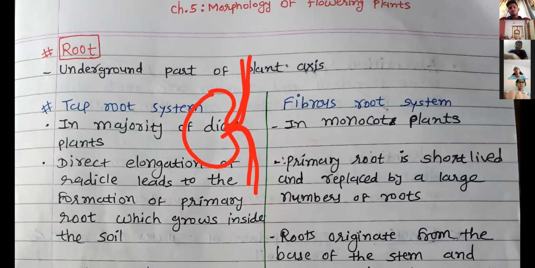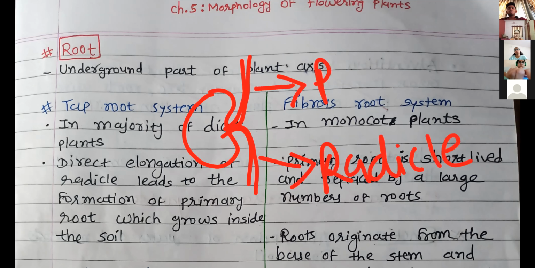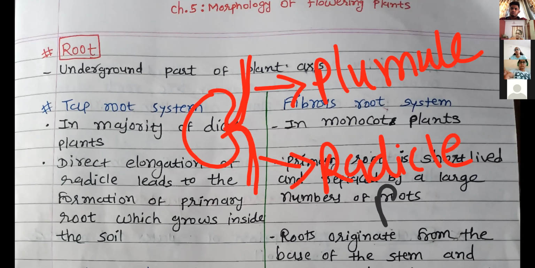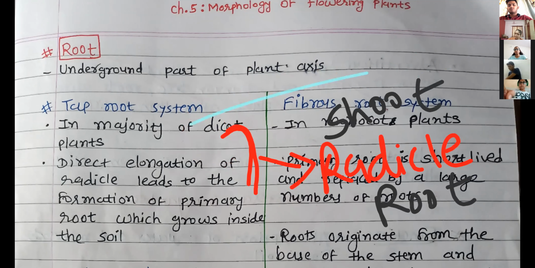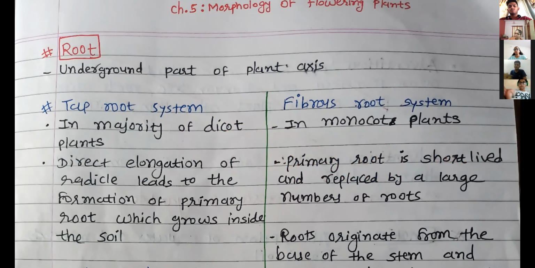Now from the seed, the new plant development process begins. When seed germination occurs, two processes arise. Downward we call the radicle and upward we call the plumule. The radicle forms the root system, and the plumule, upward in direction, forms the shoot system. Radicle, plumule: the radicle forms the root system and the plumule forms the shoot system when seed germination takes place.